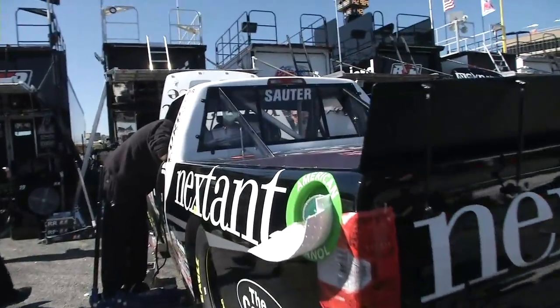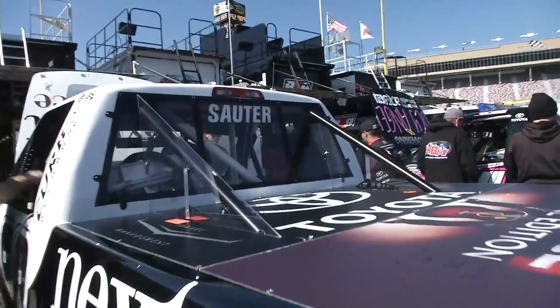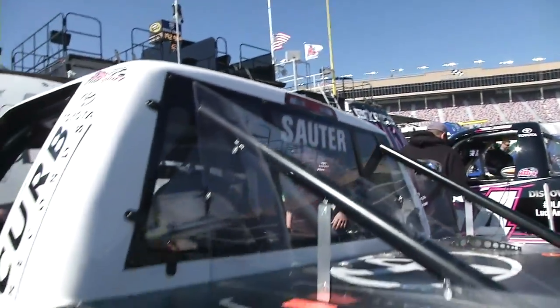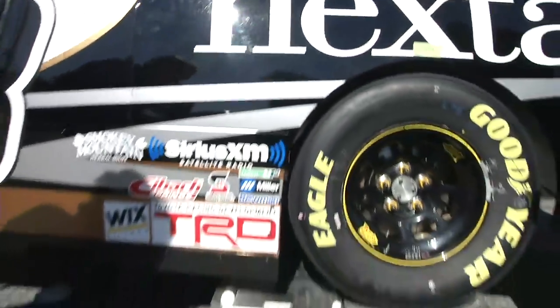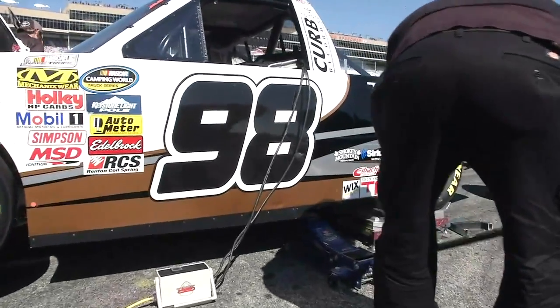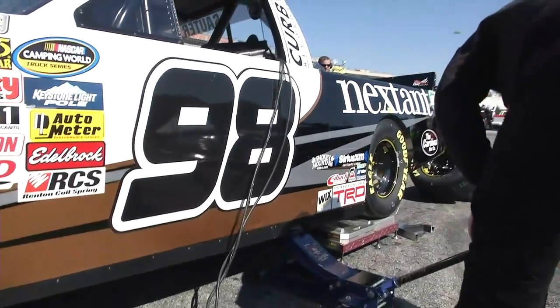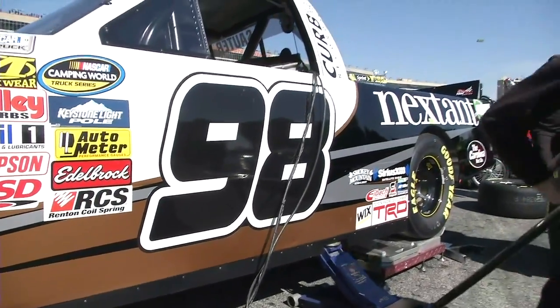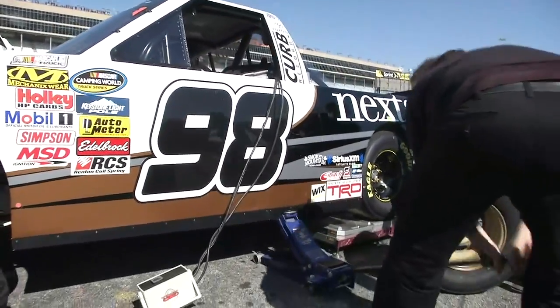Let's move back over to Thorsport. Here's the truck of God Bless America, Johnny Sauter. This is another guy who I would keep an eye on this week here at Atlanta because he's one of those guys that just loves to get down and race. And that's what this track allows these Truck Series drivers to do, is race, give it everything they have, and leave nothing on the line